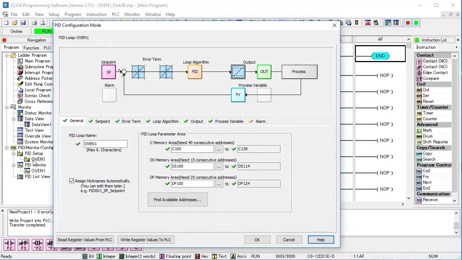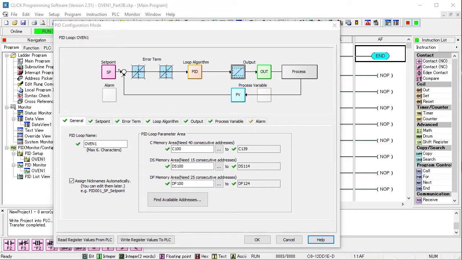So the best way to make changes to your PID configuration is to read all of the configuration data from the PLC, make your changes, and then write all the registers to the PLC. That'll preserve any changes made since the last transfer. And since these buttons are outside this box, they affect everything inside the box, which includes all of these tabs.